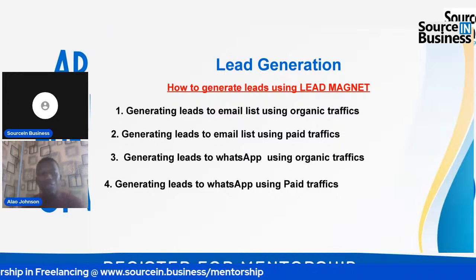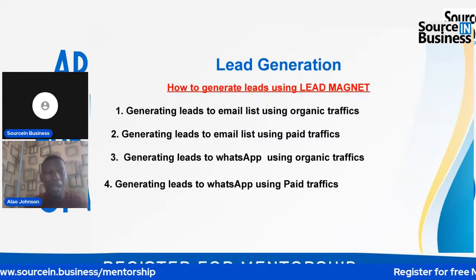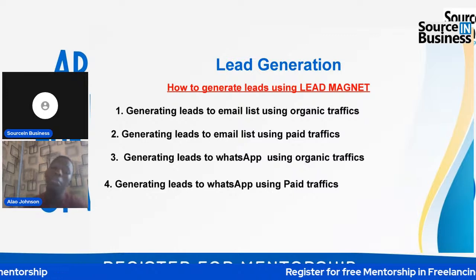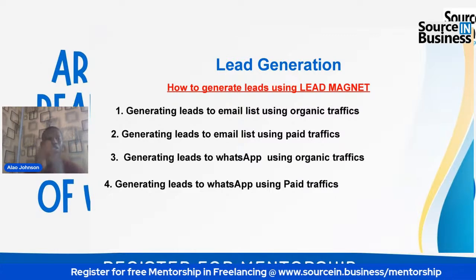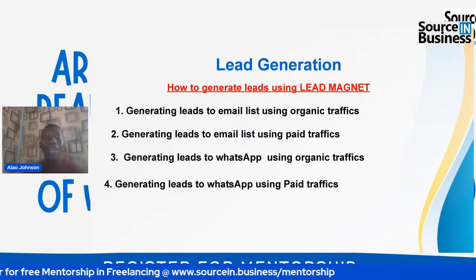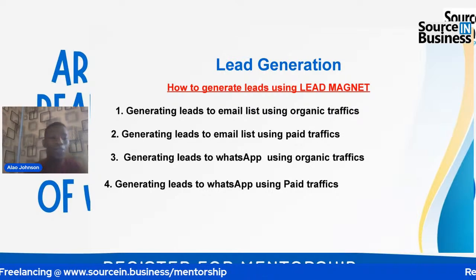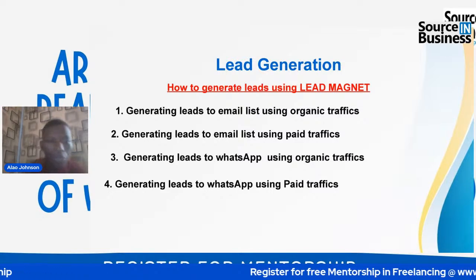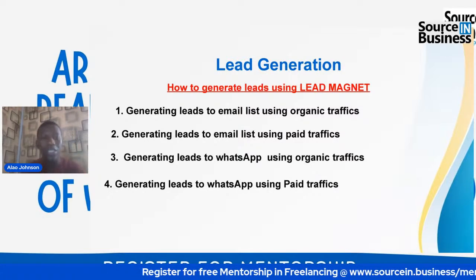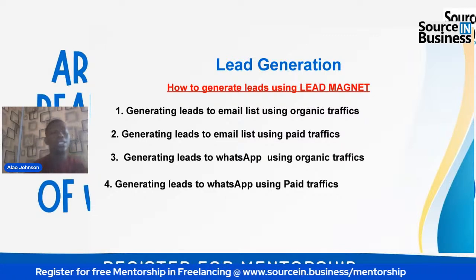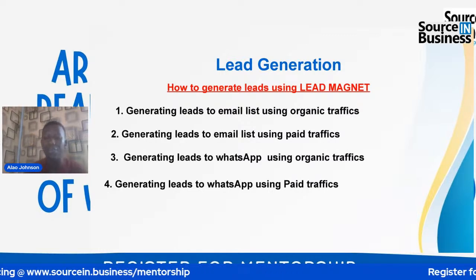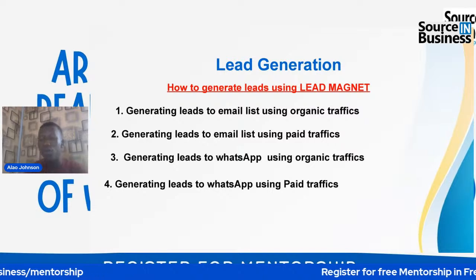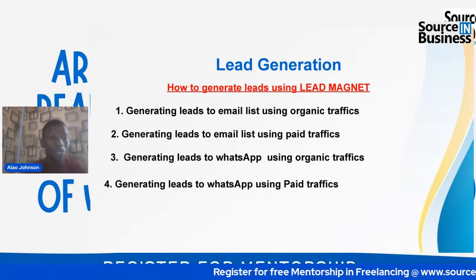You can also get free traffic from your social media handles, maybe from your Instagram, Facebook, LinkedIn, Twitter. So organic traffic is such a traffic that you do not pay for, you get it for free. Now, how do you build your email list using organic traffic? In the last class I explained about email marketing. Then I think we did a practical where you created a landing page, an opt-in page, where people can put up their information, right?